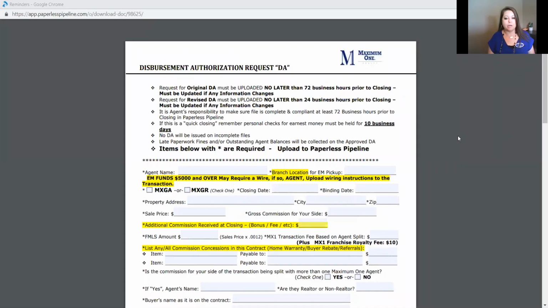Good morning. I wanted to go over the DA request, filling it out with you guys real quick. There's been a couple of issues with transaction fees and FMLS fees. So to get started,